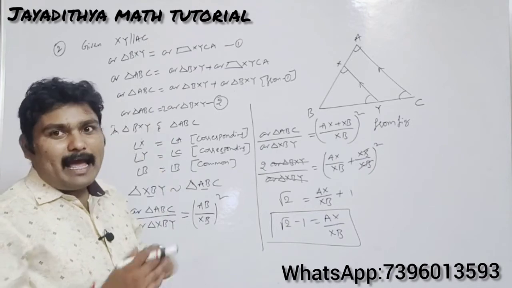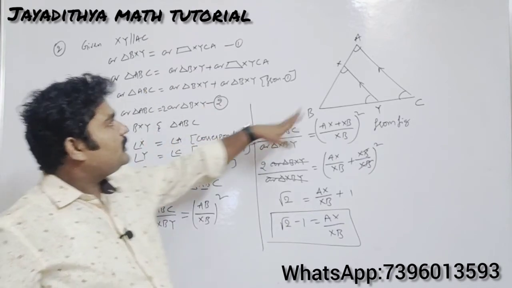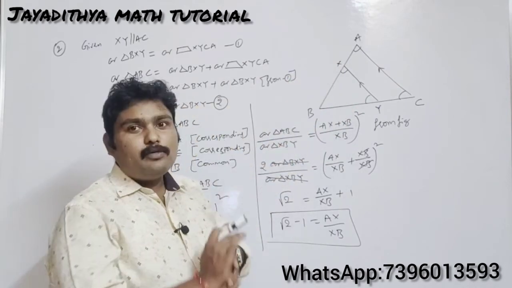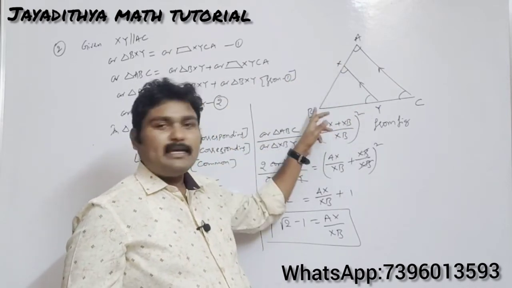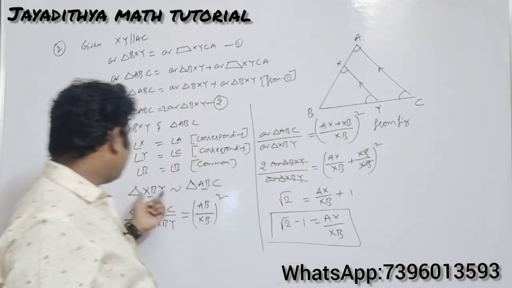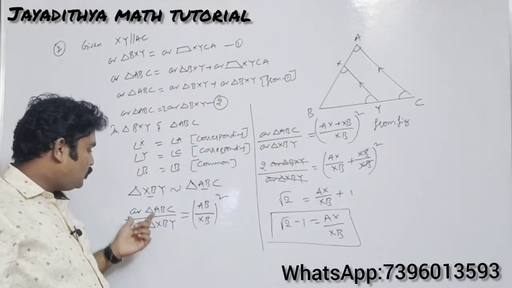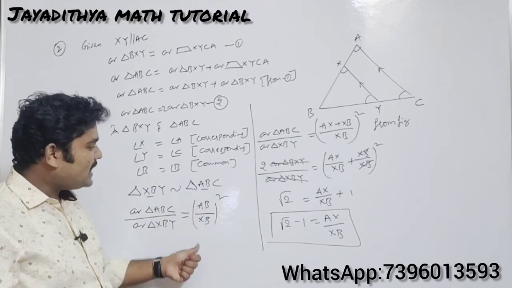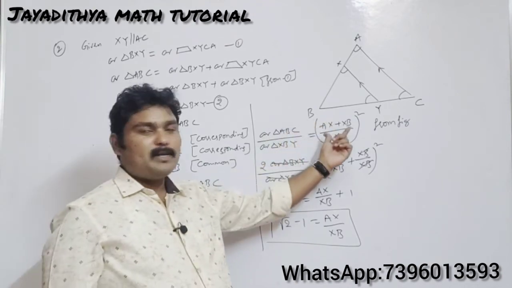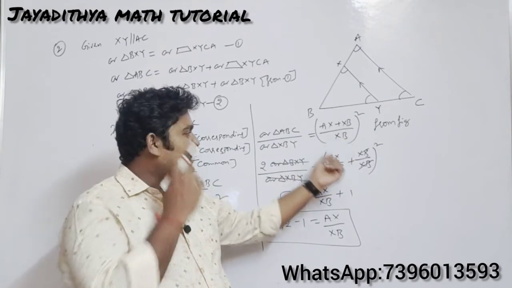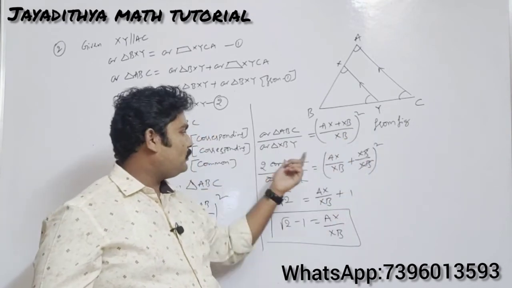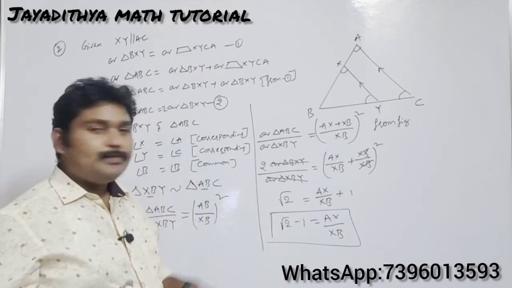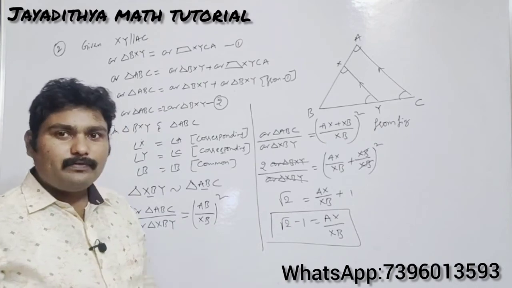Clear? So what we have done here, first of all, take area of triangle ABC as 2 times area of triangle BXY. After that, show that XYB is similar to ABC. Then take the ratio of their corresponding areas. The ratio of areas of two similar triangles will be equal to the square of the ratio of their corresponding sides. From there, AB can be written as AX plus XB by XB here, and then we split it. We have taken the square to the side, it will be square root of 2, and then we have brought 1 to LHS, that is root 2 minus 1. So with this the problem is completed.